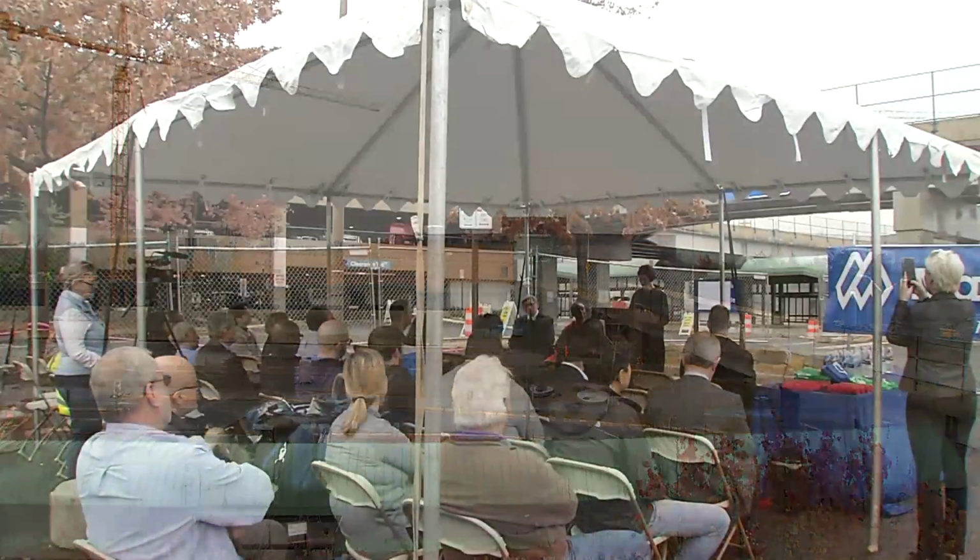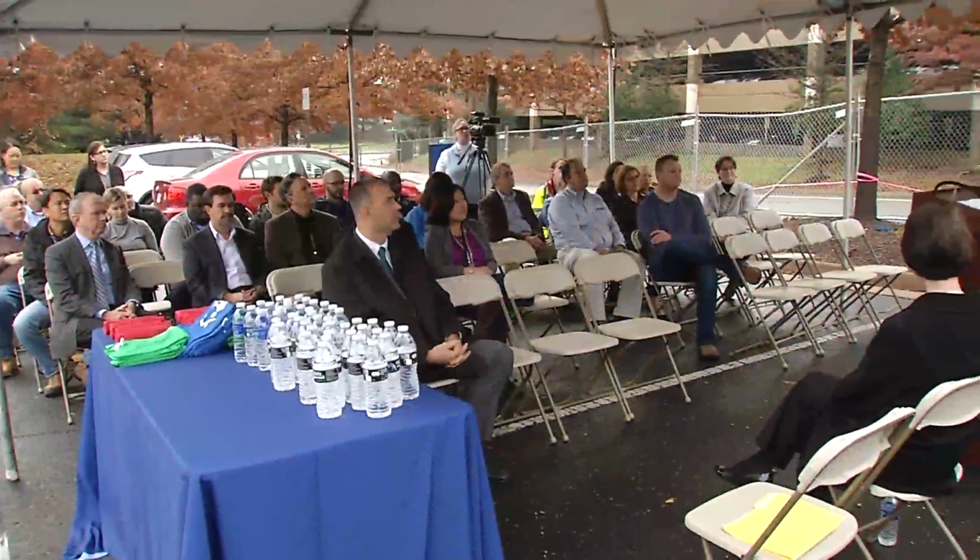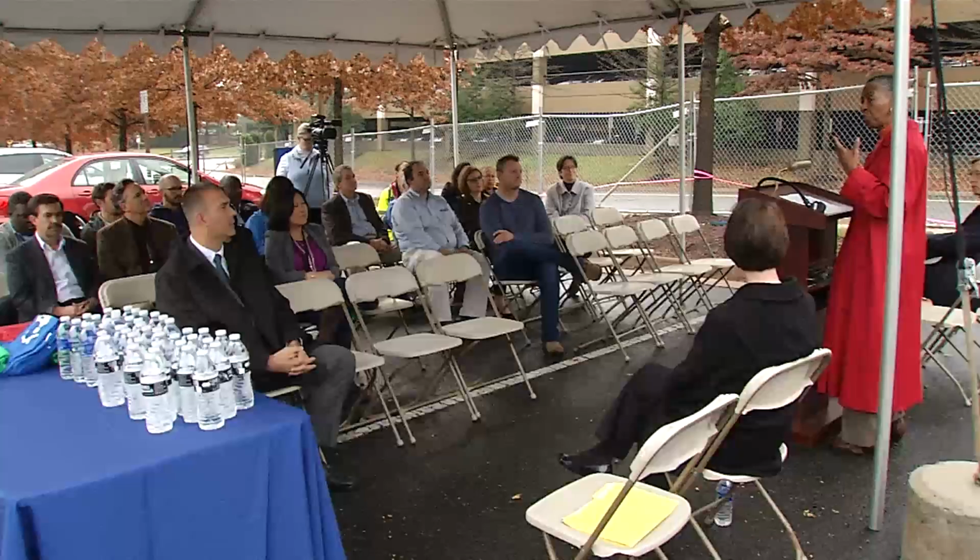station. It had a great turnout with a lot of county staff from various departments who have been engaged in the project, who've been involved in developing the project: Department of Public Works and Environmental Services, Fairfax County Department of Transportation, county leadership, and a number of other county dignitaries to basically mark the beginning of this great